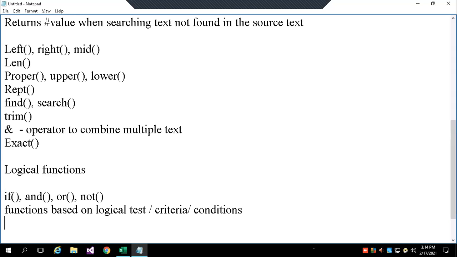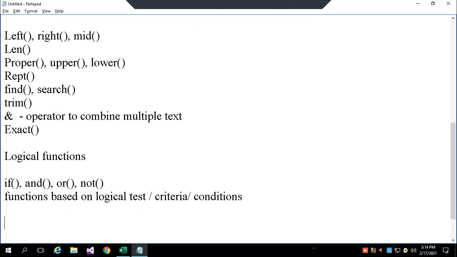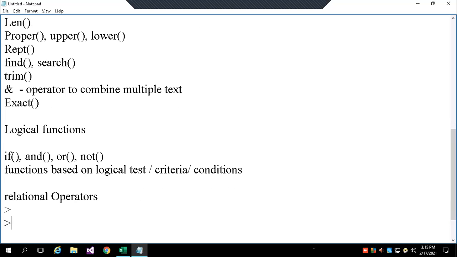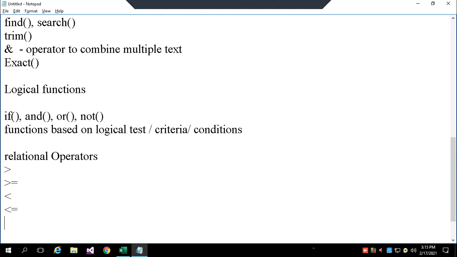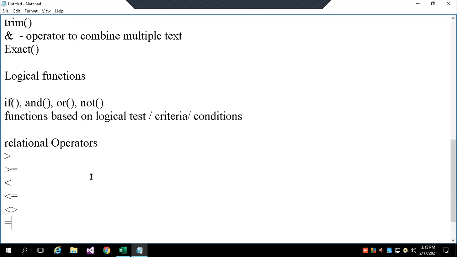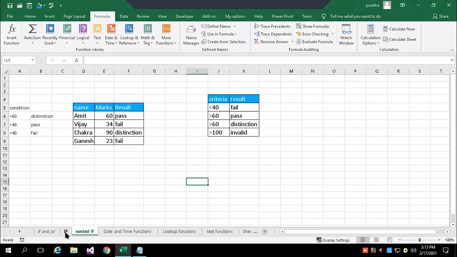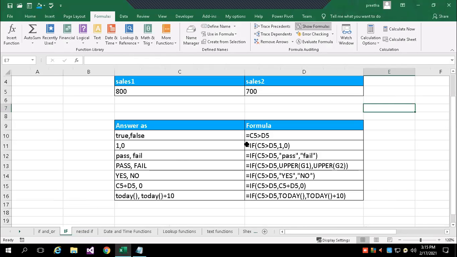So here, when you are giving the conditions, we can use these relational operators. At the beginning of the class, I introduced these operators, which are called relational operators: greater than or equal, less than or equal, then not equal, which is less than and greater than together. This is the not equal symbol. Then last is equal to. In our example, we have so far only worked with the greater than symbol.